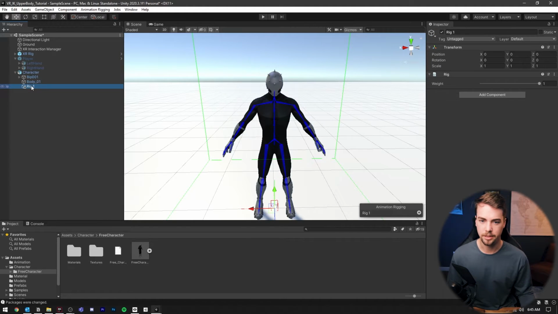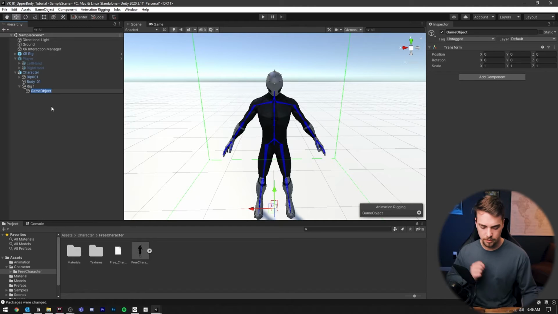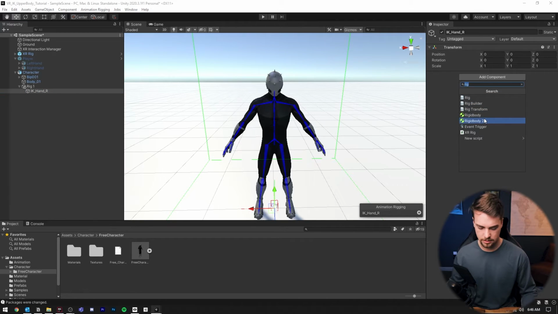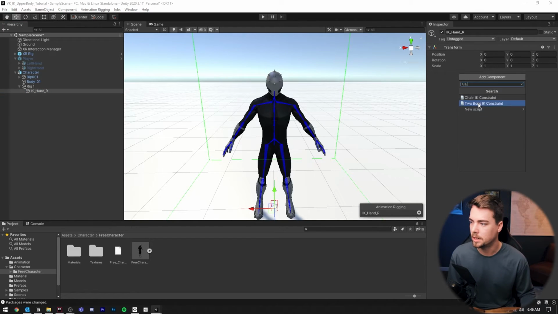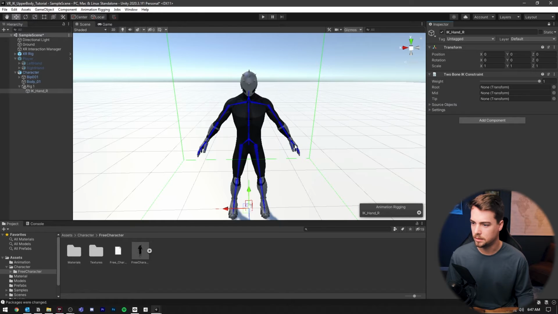And underneath this rig, we're going to create a left hand inverse kinematic, a right hand inverse kinematic, and a head inverse kinematic constraint. So right click and create an empty game object, and I'm going to name this one IK hand right, and then let's add a component to this, and this is going to be a 2-bone IK constraint component. And now the tip needs to be the hand. So I'm going to lock the inspector and then click on the right hand, and that'll select it for us